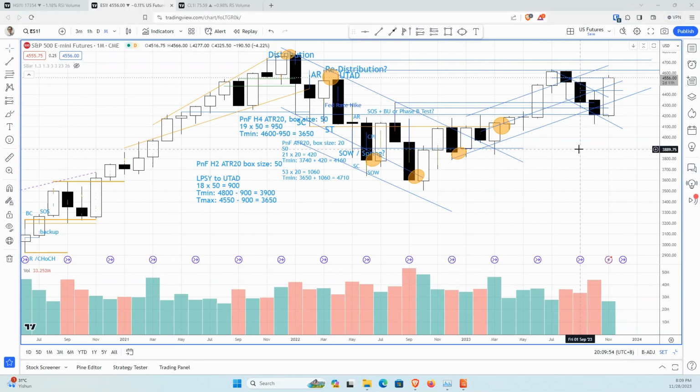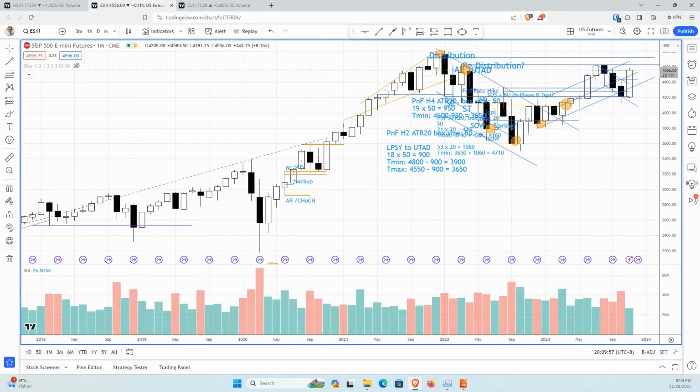And in terms of the next level, I would look at the swing high level, which is around 46.20 or 30. If we can commit above this level, it means a test, probably a pullback, consolidation, and we should see a final push to test this all-time high level, which should coincide with